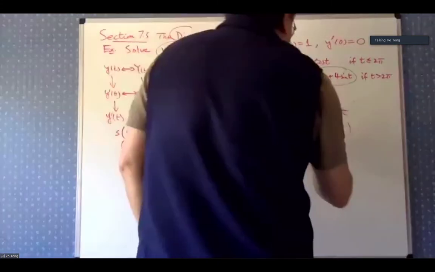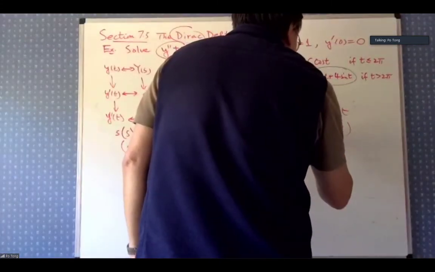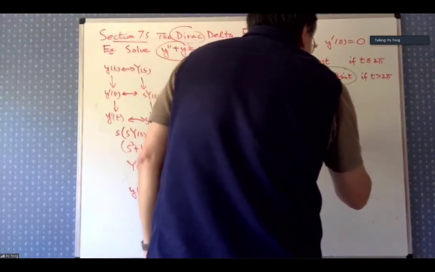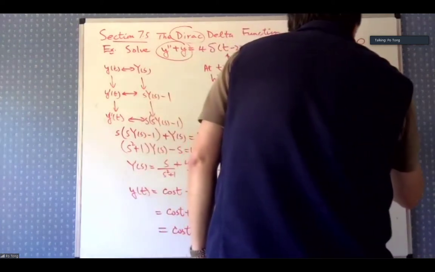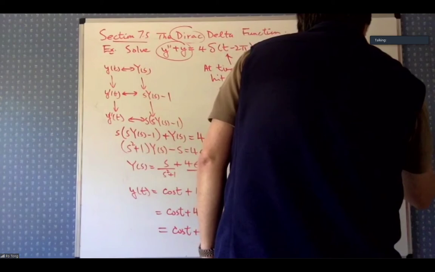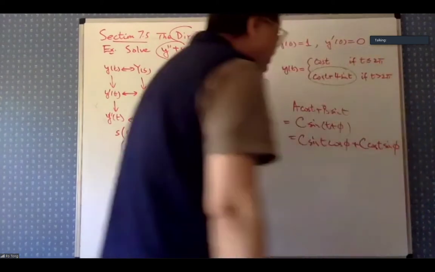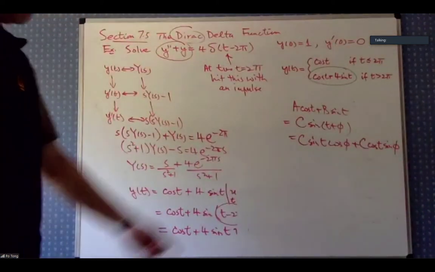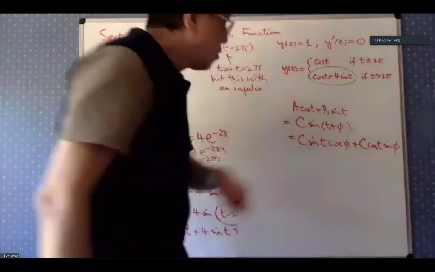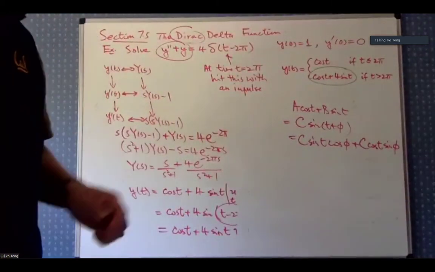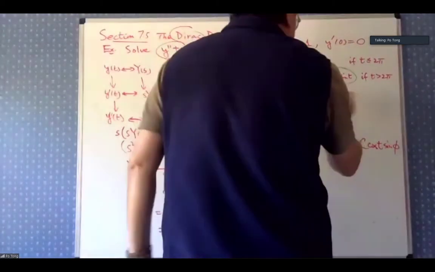Yes, so we have C sine t cosine phi plus C cosine t sine phi. This is just the sum of angle formula. So if you compare this here and here,